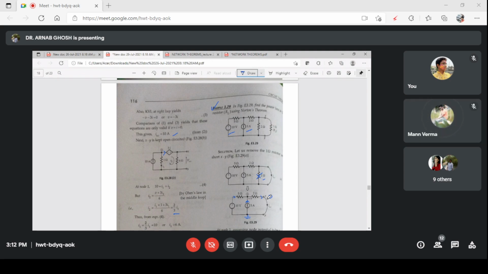Clear? Okay, now you solve the problem. Solve it for ISC, solve for the internal resistance. Resistance is 1.56 ohm. Yes, 1.56 ohm. So now calculate the current through the 1.6 ohm resistance. And please note this problem because it is important for your exams, considering independent sources and application of Norton.